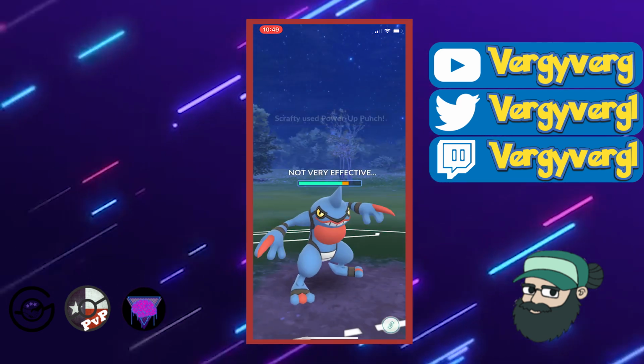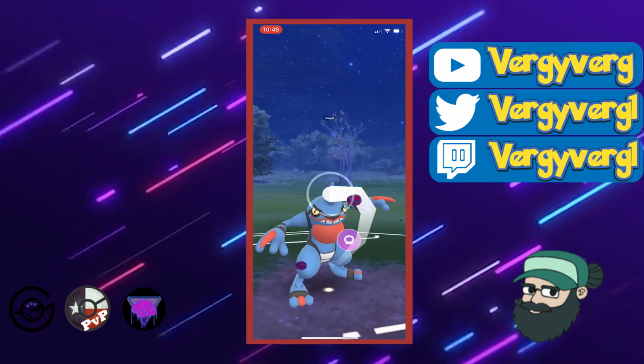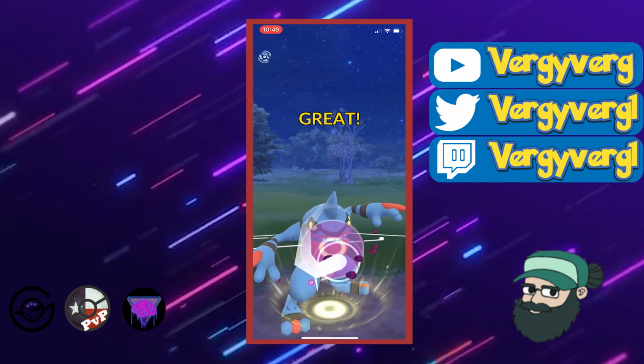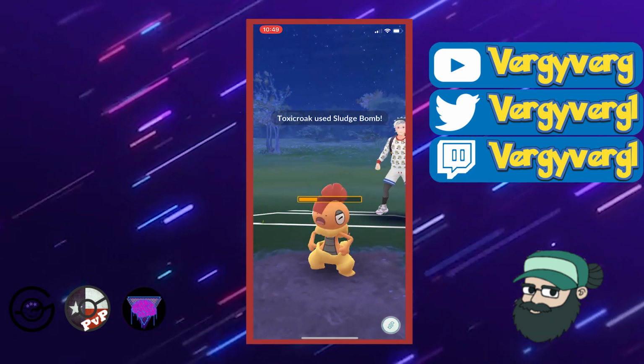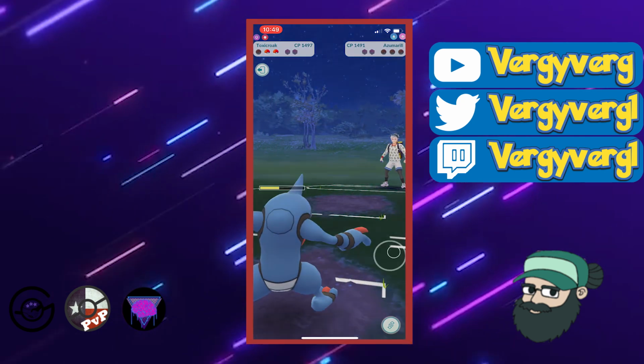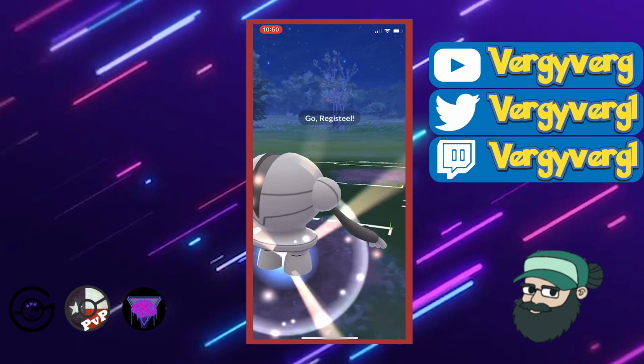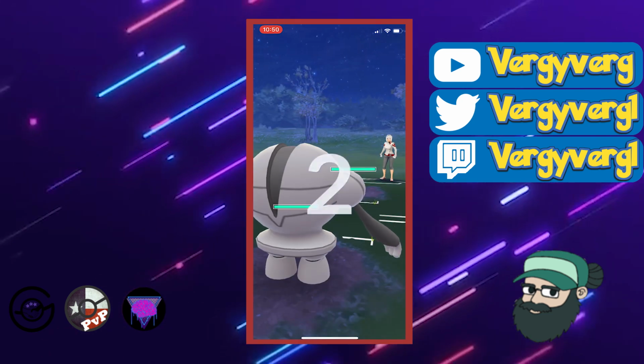Literally everything Scrafty has is resisted, even the moves that people don't really use. So I'm just gonna go for the big move here, although I do think Mud Bomb would have been enough. Scrafty is very tanky, and I don't want to take any chances. And then farm down the Azumarill. Sweet. I've lost track of where we're at. Is that a 4-0 or is it...